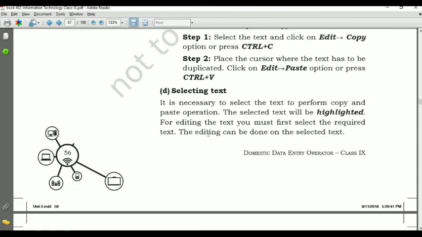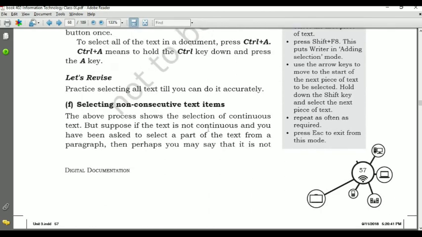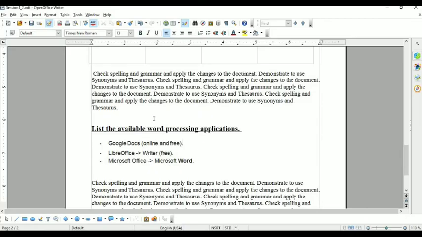Next, selecting text we have done, selecting criteria covered. Next is selecting non-consecutive text items. How can we do it? Simply select your text, place your cursor, then select it. After that, you have to press the Ctrl key on your keyboard and then select another text like this in a non-contiguous manner, like this, like this.